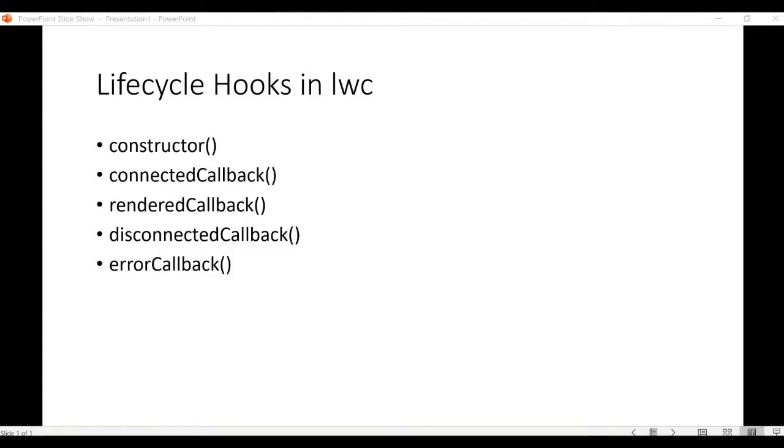Also, we know how in our Salesforce platform, the various features will be executed when a record is created or updated in our typical business flow. Similar to that approach, in LWC, we have something called lifecycle hooks. As I said, a lifecycle hook is a callback method, and we have different callback methods at different phases of a Lightning Web Component. Let's try to understand the different callback methods in LWC. The first one is the constructor, then connectedCallback, renderedCallback, disconnectedCallback, and errorCallback.